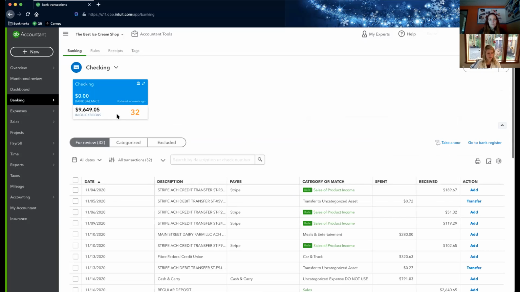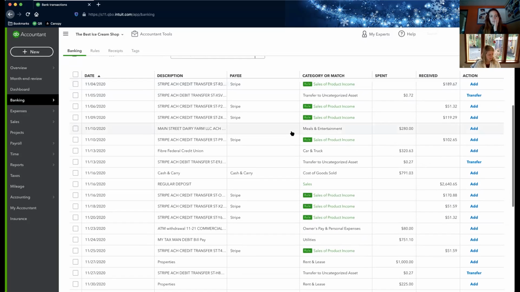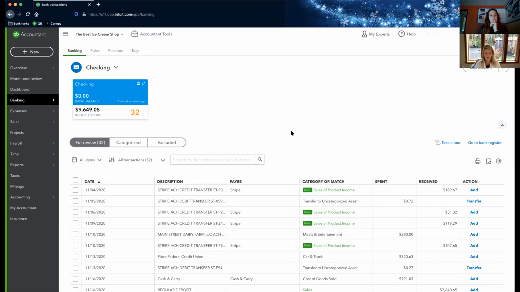Let me go back to the banking here. I think if there was anything else I wanted to go over. I think that was everything that I had on my list of kind of the basics, and then the common kind of errors that I see. I'm happy to go into more detail if people have more questions. I think there's a question that was sent to you privately in the chat. I don't see it, but